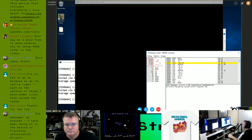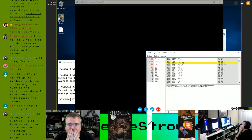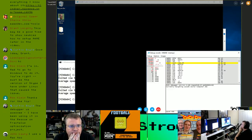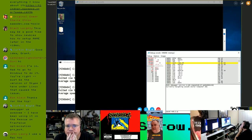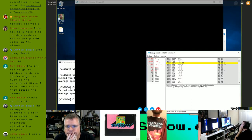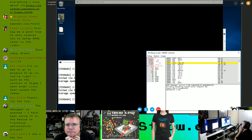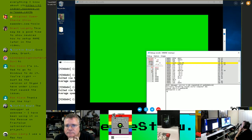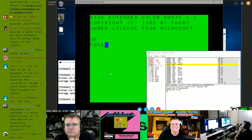Another thing I wanted to show, the last thing I wanted to show about the debugger was watch points, which are super cool. For instance, we can do a watch point at address 400 for one address, and we can look for writes, and if the write is hex 80, we can have it break into the debugger no matter where it was written from. So we all know that address 400 is the top of the screen,